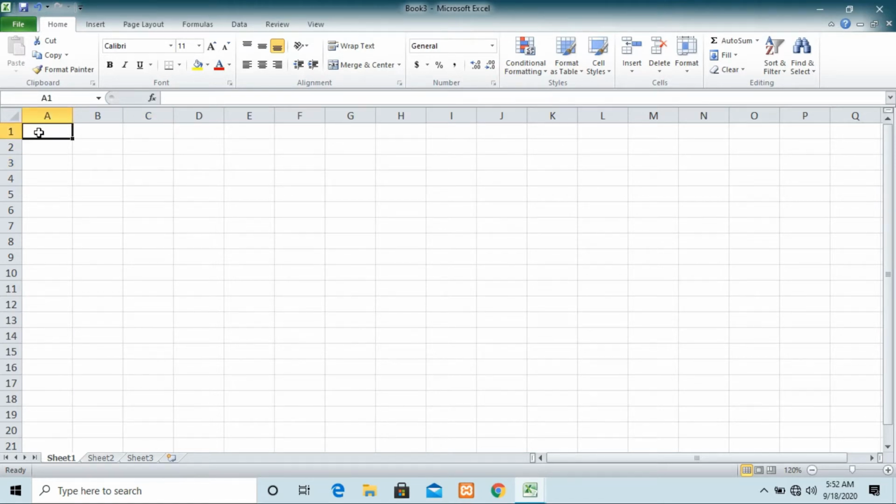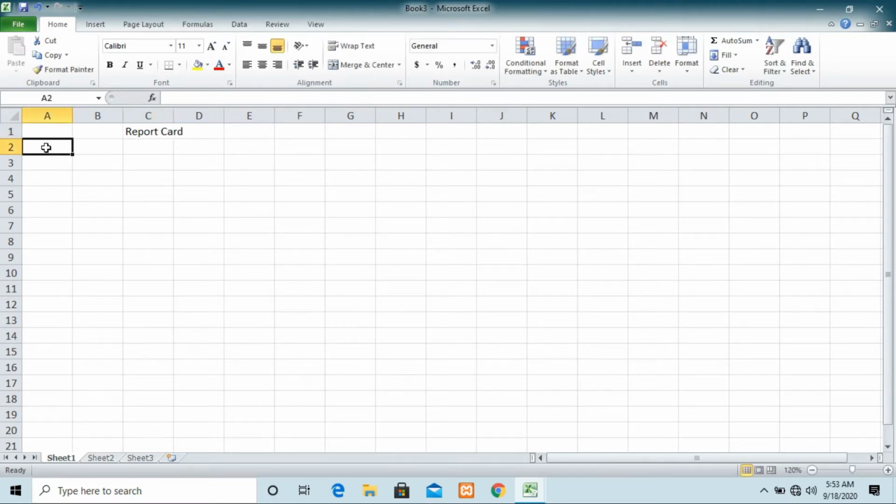Now what do we have to do today? Today I am just going to show you what tasks we can do in Excel. So these are the basic tasks. If you want to write something in Excel, you can easily type with the help of your keyboard. Today I am going to make a report card of a student. For this, I am going to write down the structure of the report card. See, here I am going to write down report card.